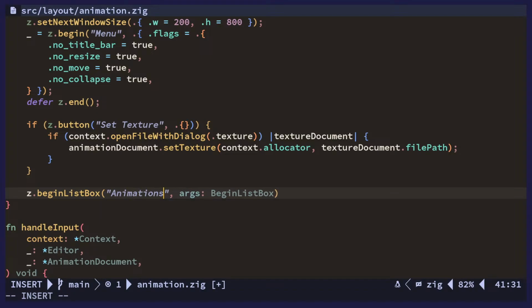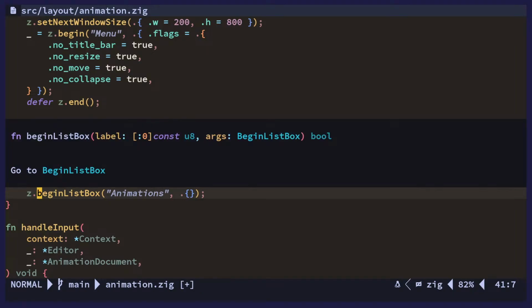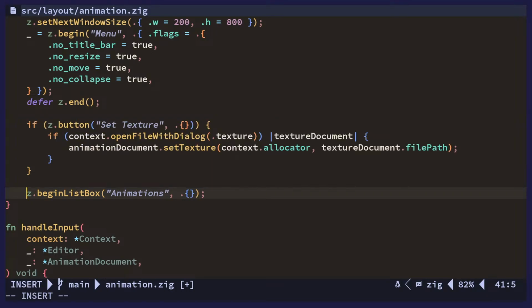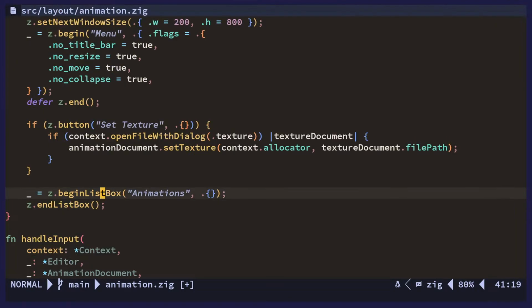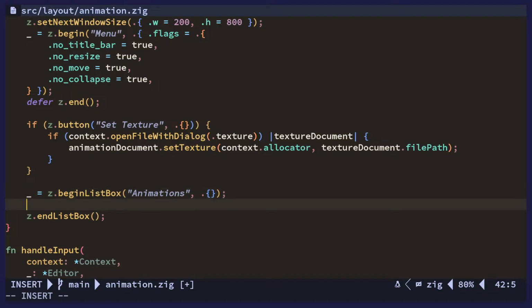And label is going to be animation, so I want to have the list of animations. Okay, so how does this work? It returns a bool, of course. I'm just gonna discard that. I'm gonna end the list box here,